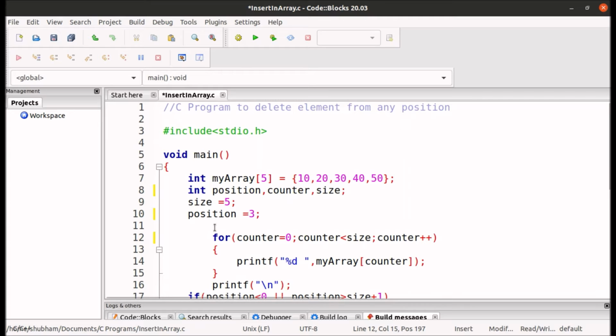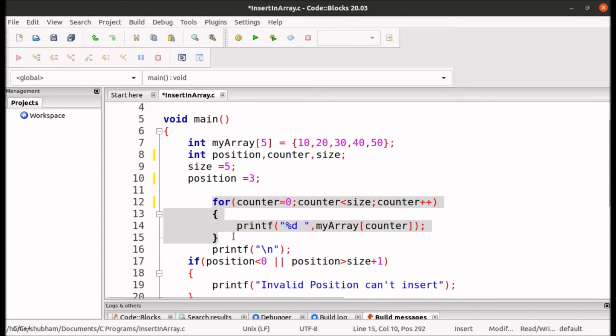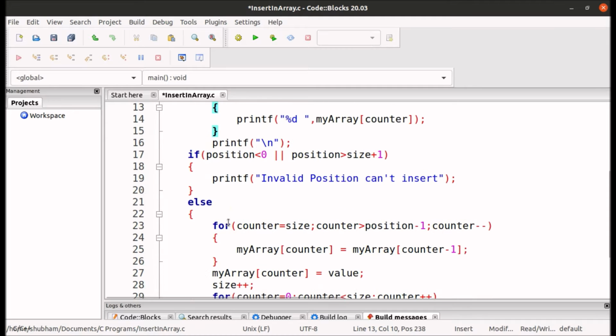Now this part of code is printing the array, so I don't want to make changes in it. After that, I am printing a line break here, so I am not having any problem with that. Now if position is less than 0, if I want to delete the element before 0th position, then it should be invalid position, because in an array indexing starts from 0 and we can't delete the element at index -1 position.